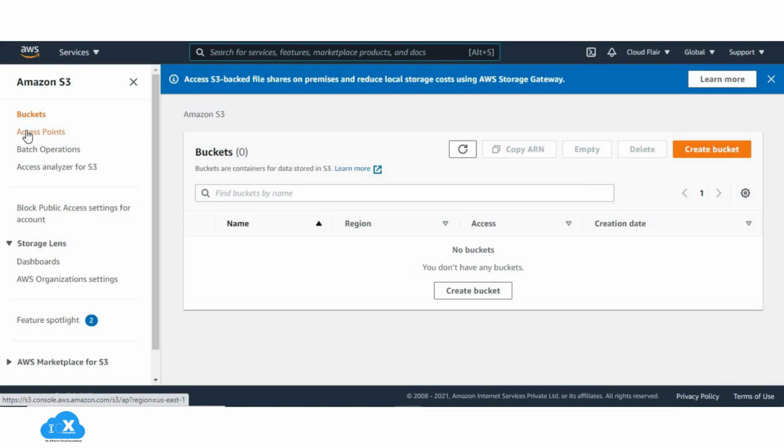Amazon S3 Access Points simplify managing data access at scale for shared datasets in S3. S3 Batch Operations is an Amazon S3 data management feature. With this feature, you can make changes to object metadata and properties, or perform other storage management tasks, such as copying objects between buckets, replacing object tag sets, modifying access controls, and restoring archived objects from S3.